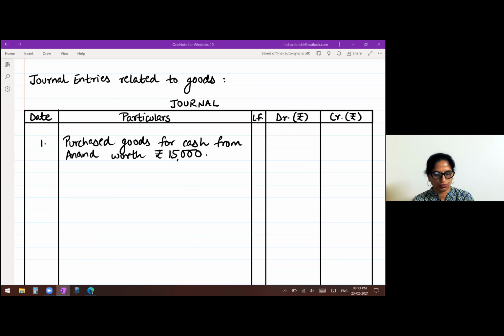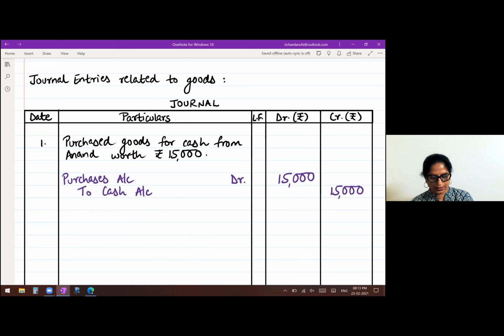So now see how you will write the entry. So below that you will take down the entry. From the margin you will write purchases account debit, right at the end, 15,000 in the debit column. Now when you're writing the credit, write it away from the margin, write to cash account in the credit column, 15,000. Okay, that's the first entry.